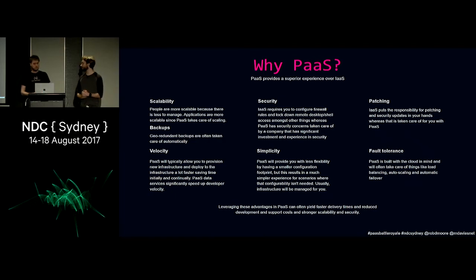It's a particularly useful thing for all of this is sort of the more data services side of PaaS, like databases and that kind of thing. In terms of velocity, what we often say to people is that a really core benefit is the fact that you get all these developer services out of the box, so things like your SQL databases and storage and so on, but also more complicated scenarios like machine learning, where it would take you a pretty long time to build that stuff yourself, but instead you kind of just get to use it out of the box to speed up